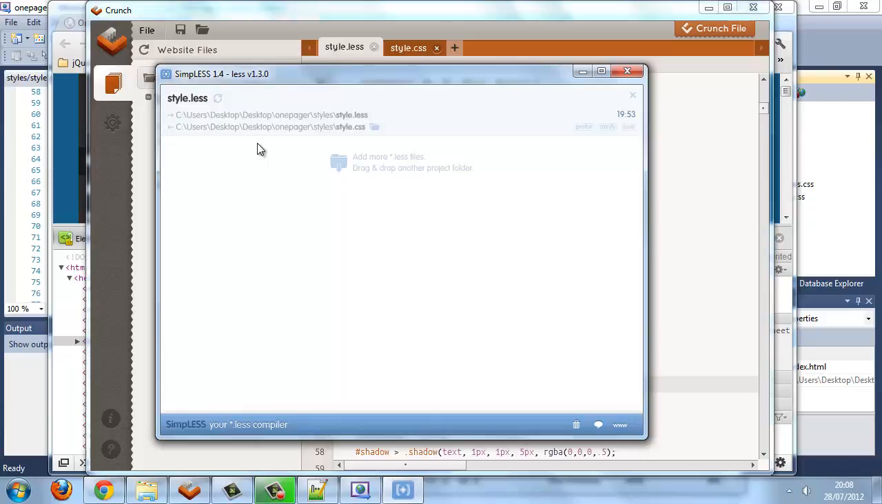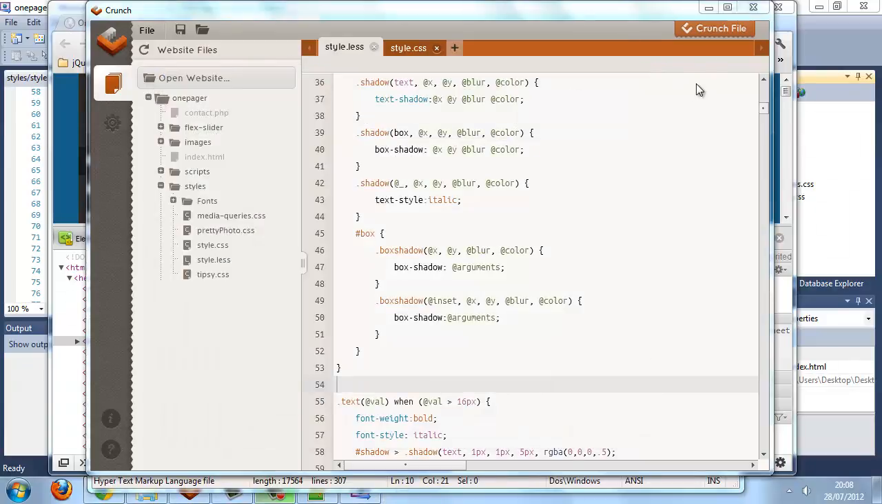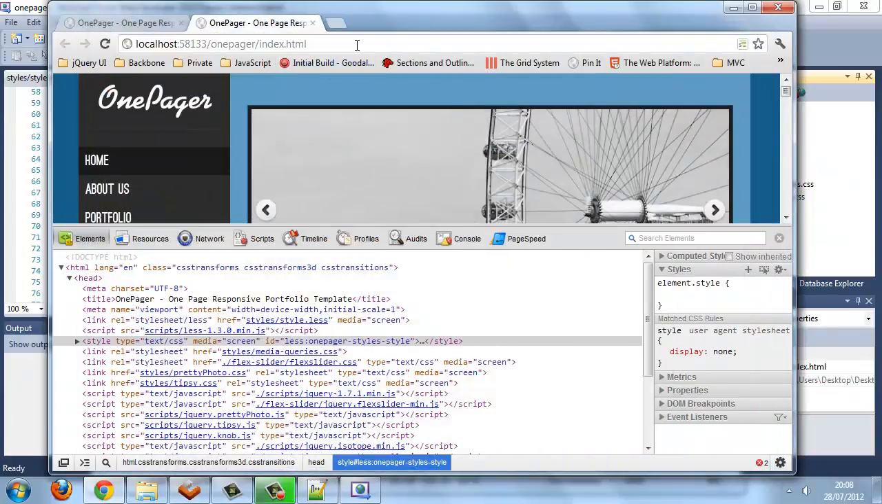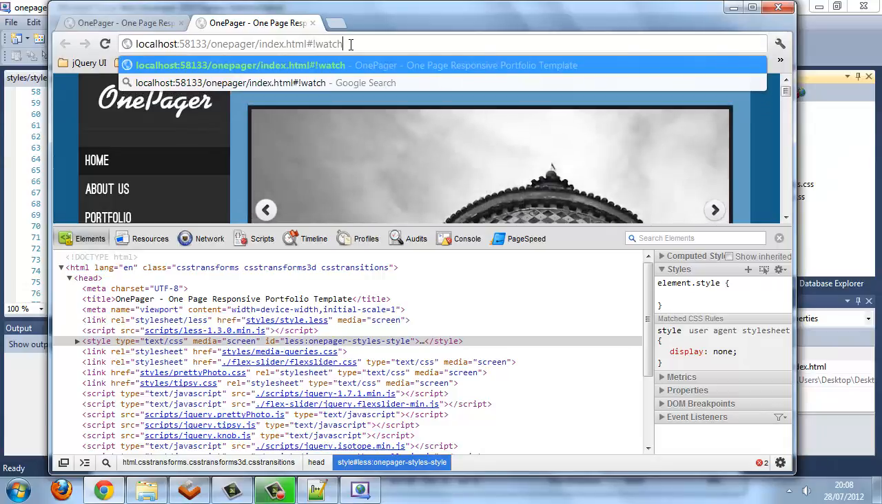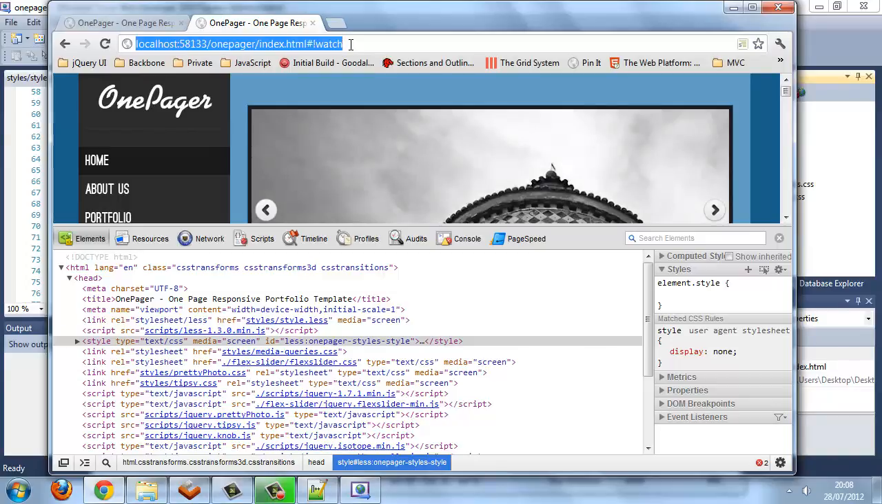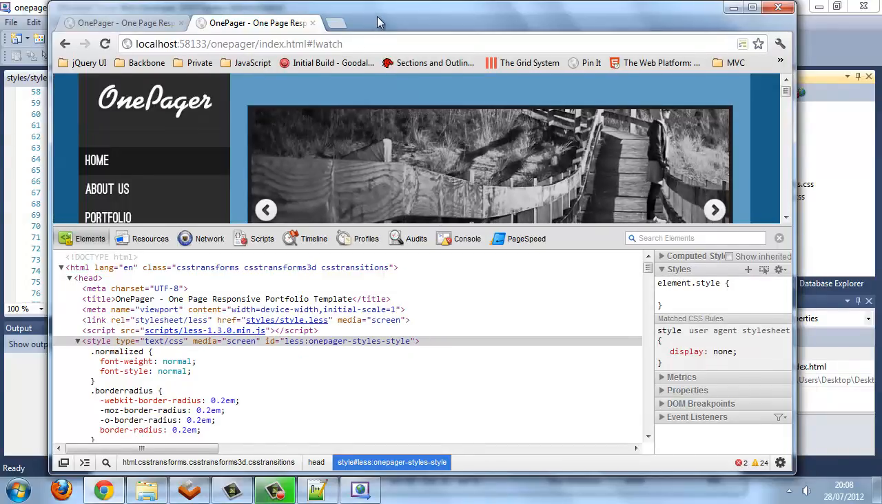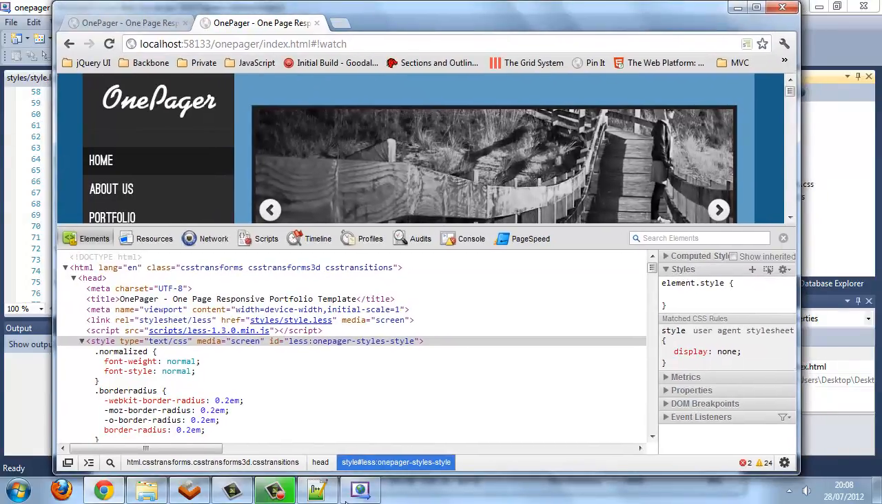So as I just mentioned, a great feature of the JavaScript compiler is the watch feature. And it works in a very similar way as the watch list here in Simpless. So we'll just get rid of that a minute. And we can use the watch feature just by adding something to the URL. So if we add that to the URL and then reload the page, if we make any changes to the less file,